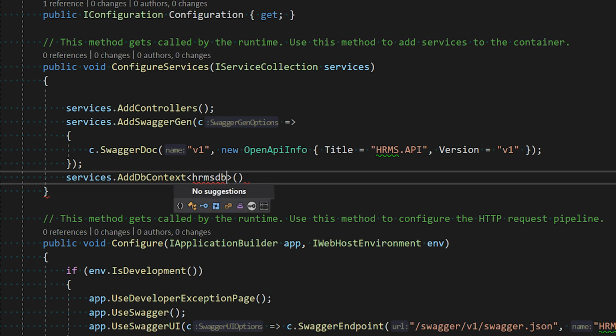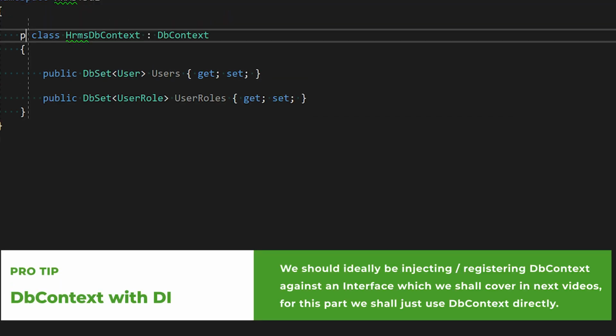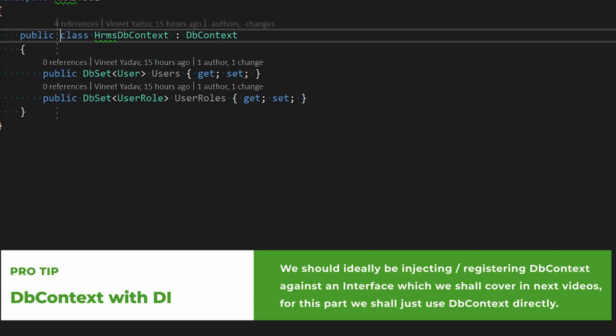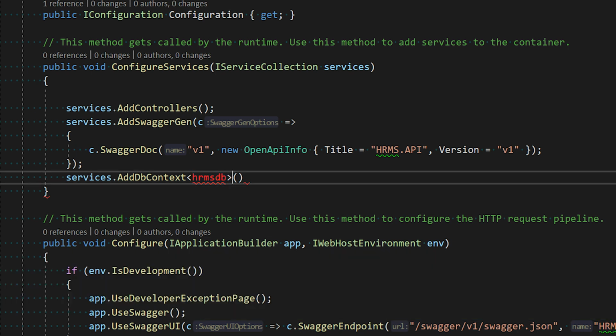Okay, it is not popping up, and the reason why it is not popping up over here is because so far we had our DB context as internal. We need to change it to public. And once we do that, it would be available over here.